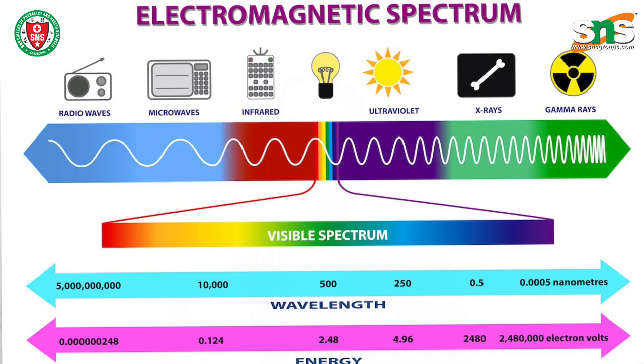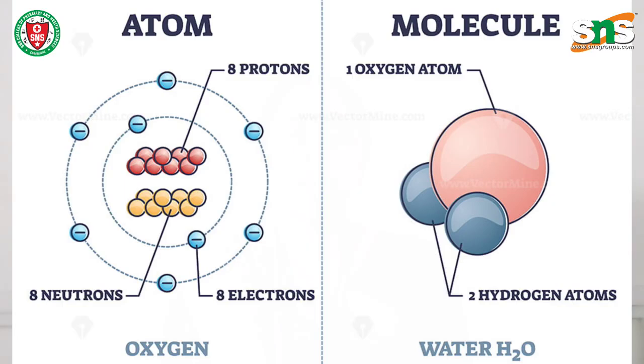So electromagnetic radiations are considered to have all these wave properties. And when it comes to particle properties, the electromagnetic radiations have energies. They have energies in the form of discrete packets. So that is why electromagnetic radiation is considered to have both wave as well as particle properties. Now, as per the definition I have said about spectroscopy, these electromagnetic radiations will go and interact with the matter, that is atom or molecule. An atom is a single element, whereas the molecule is two or more atoms combined together.